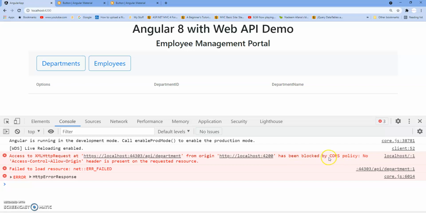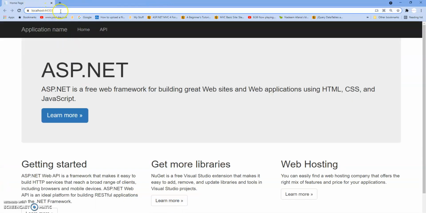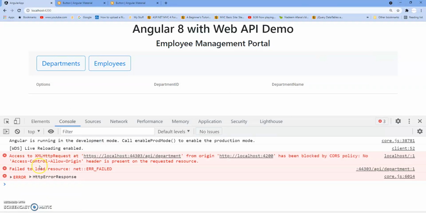So that means our application is actually running on 4200, but our API is running on 44330. These are two different ports. This is where we are getting the problem. They are not from the same port. So we have to fix this problem, and that we will see in our